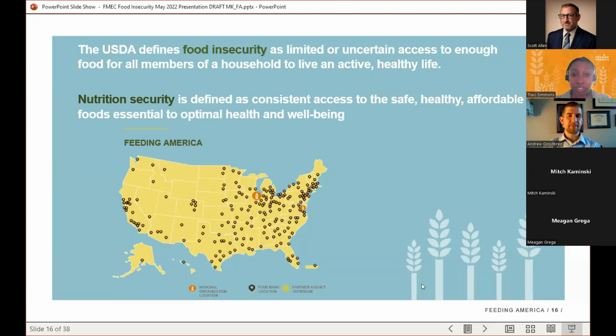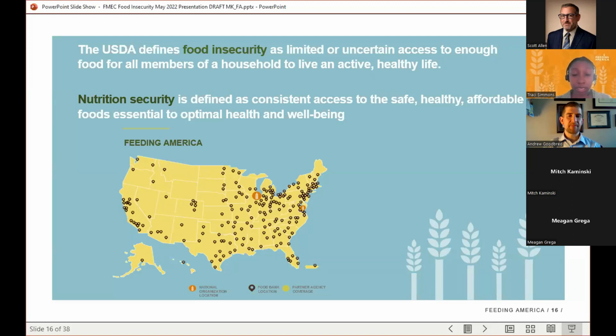We define food insecurity based on the USDA's definition as limited or uncertain access to enough food for all members of a household for them to live an active and healthy life. You will see in recent years, the USDA has been shifting its focus onto nutrition security. And this is really around the safe consumption of healthy, affordable foods, and really, again, emphasizes the importance of nutrition